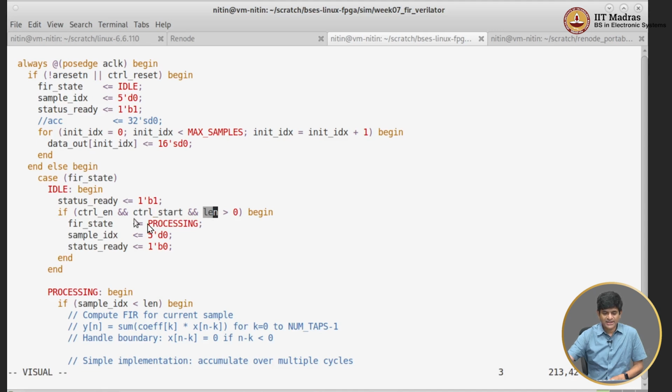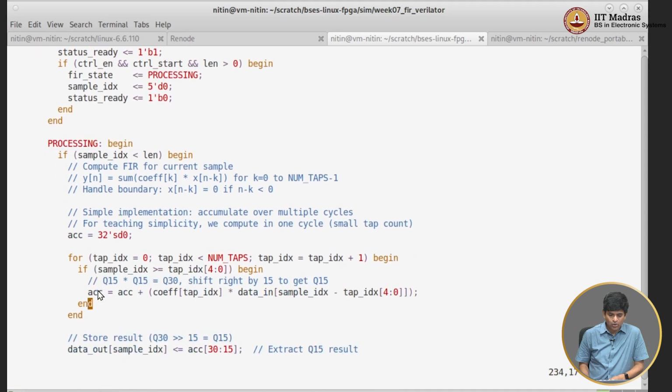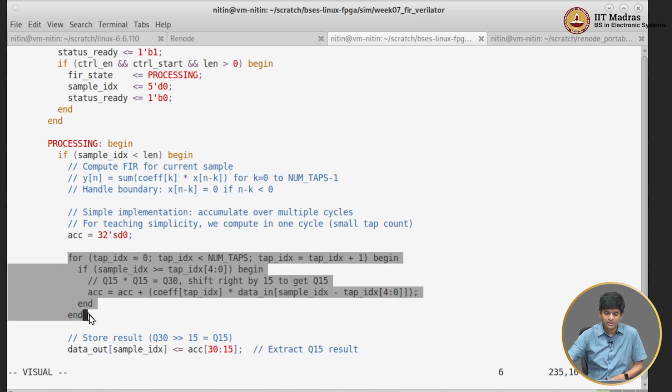And if so, it basically goes into the processing mode, starts from the first sample, sets the status ready to 0, which means that it's not ready to accept any new computations at this point, and then actually starts processing. And what we have done over here is, like I said, I've just written this for loop. We just compute the entire thing in one clock cycle using a for loop over here, which, as